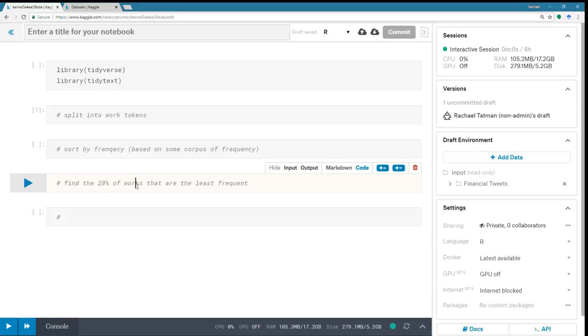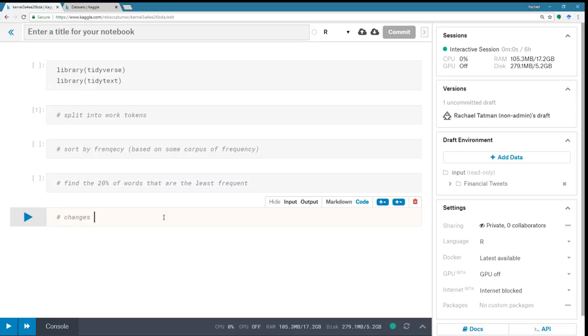And then we're going to change all of those words into semantically similar words using embeddings. And I haven't picked my embeddings. Some sort of embeddings,